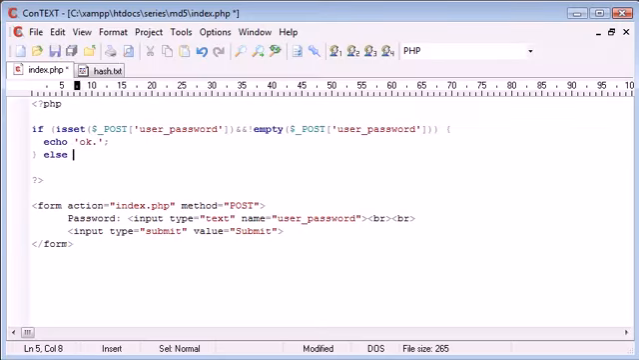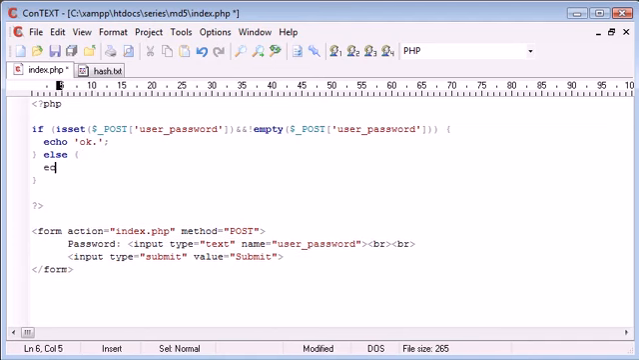We could also, let's say, add an else here. We could echo, please enter a password. Okay, so obviously we're not going to be echoing out okay to the user. That was just for our benefit. Now the next stage is to